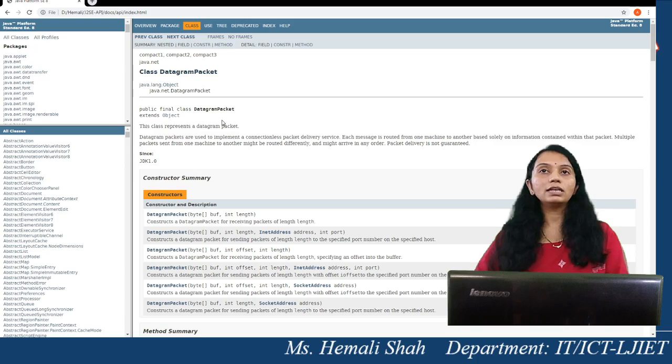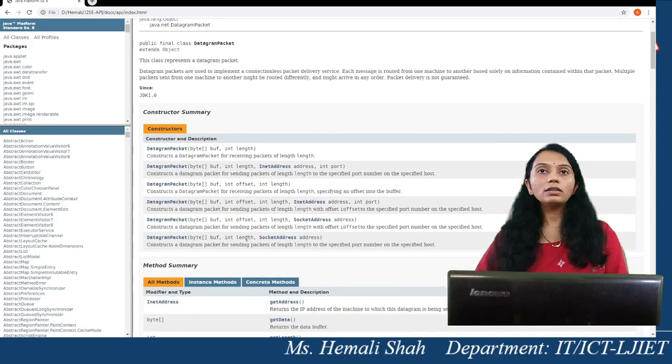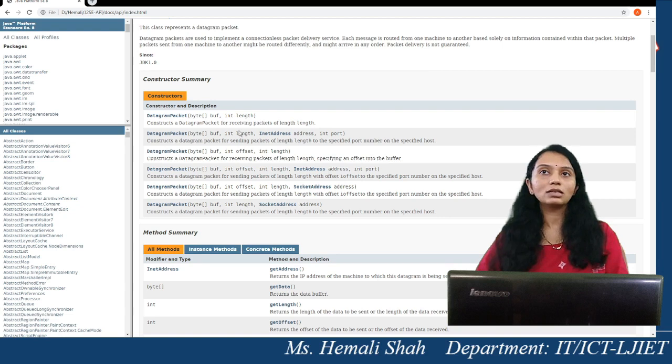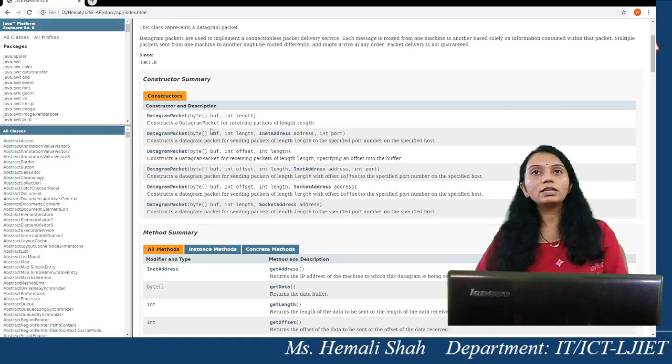So first of all, let's move on to DatagramPacket. Here your data representation unit is a datagram packet. So whatever data you want to send and receive, first of all you have to convert it into a datagram packet. Then and only then can you send and receive, right? To make this DatagramPacket object, many constructors are available, but we will use the first two constructors in our program. So when you want to receive some data, you have to create a blank buffer, which is actually represented by a byte array. This DatagramPacket with the blank buffer will be filled when you call the receive function, right?